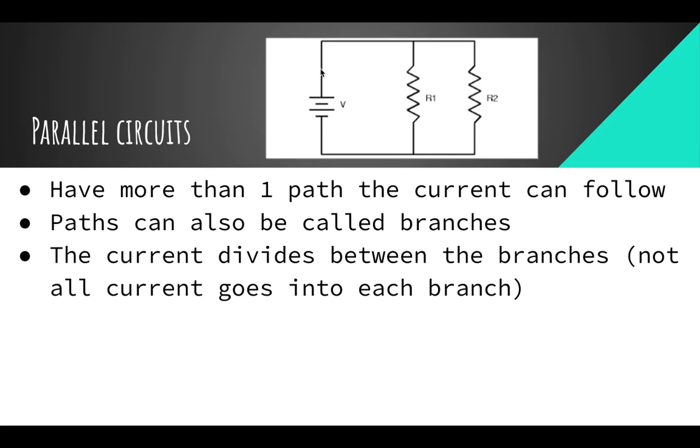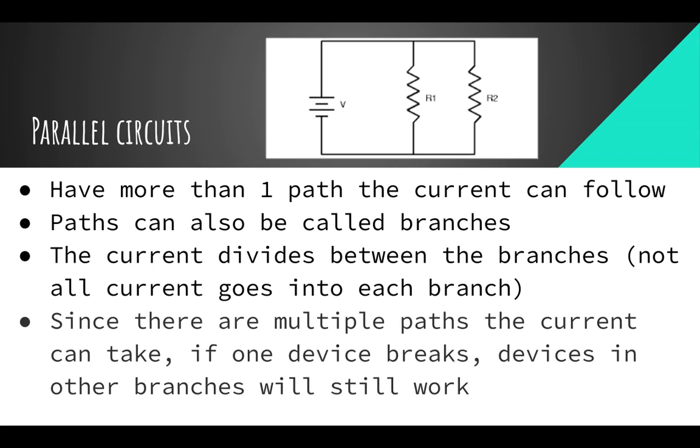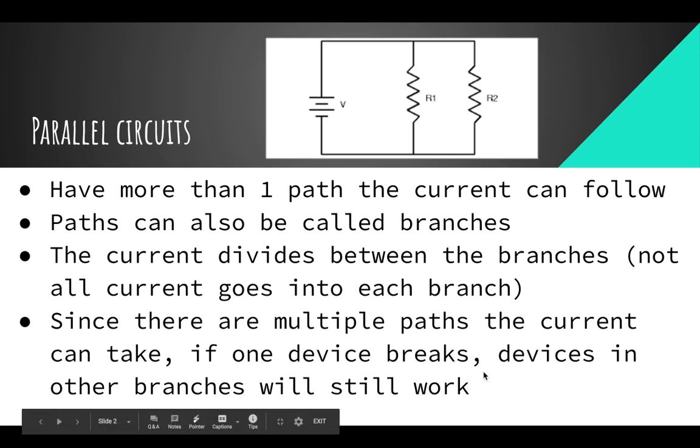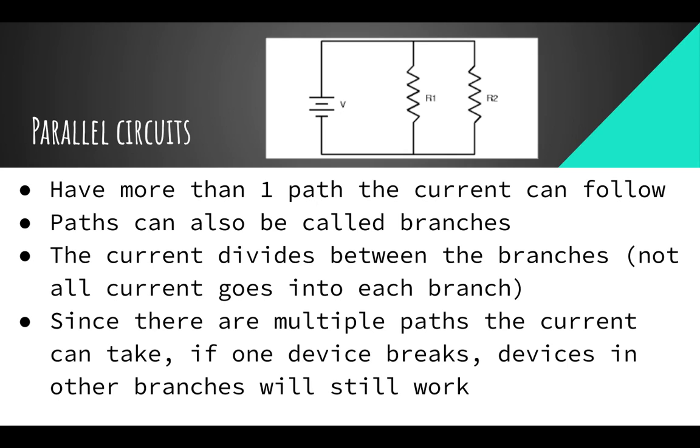Okay, so just like I used the analogy of a toll booth the other day. In this case, this is how our toll booths are lined up. Everybody goes into a separate branch or separate lane. That allows for the flow to be a little bit easier, allows the current to flow faster the more branches there are. Since there are multiple paths the current can take, if one device breaks, devices in the other branches will still